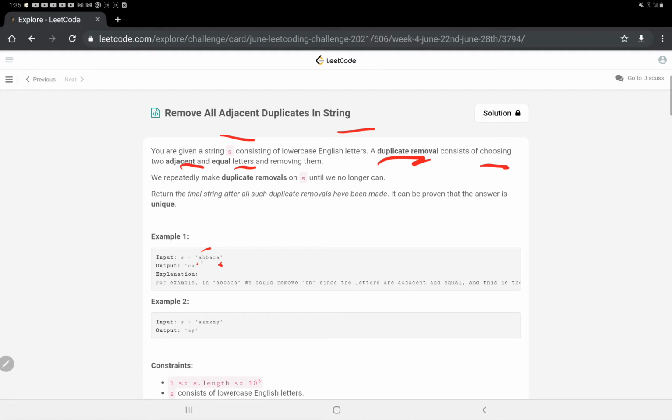After removing this, we see that now this A and this A become equal. So we remove that, and at the end we are left with the result CA. So basically we have to do removal like that. I hope the question statement is a bit clear. It's not like we have to do it on the unique elements present, but we have to remove the elements